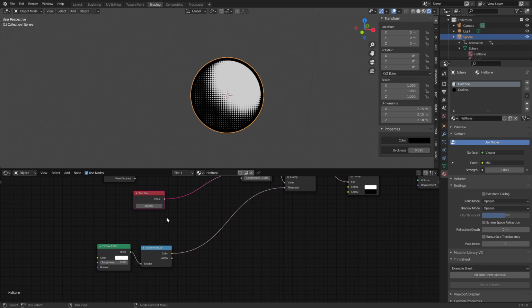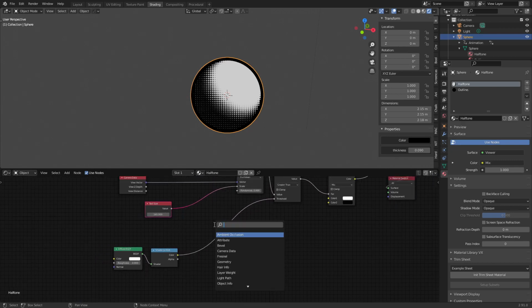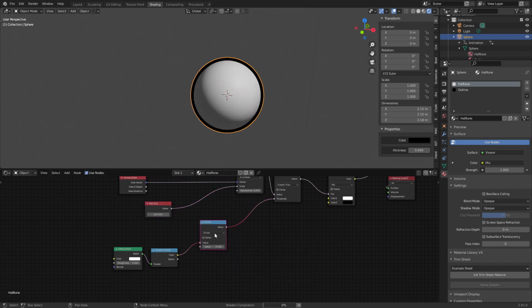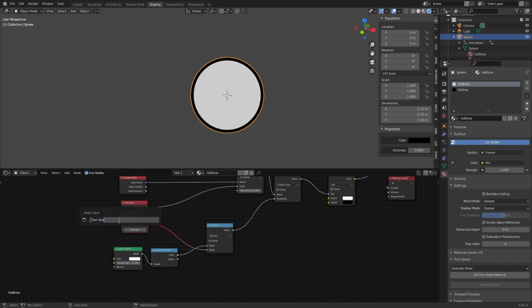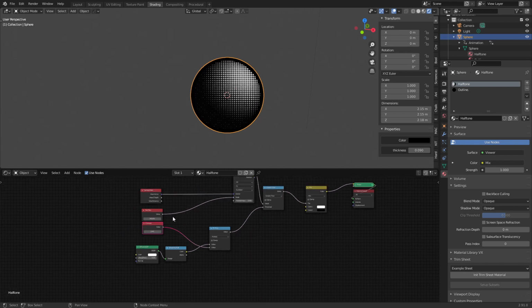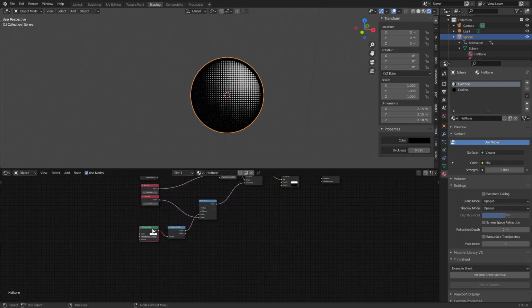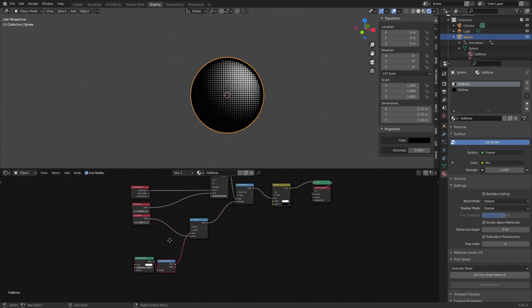We could also use a math node here and multiply this value to change the contrast. So, and now,